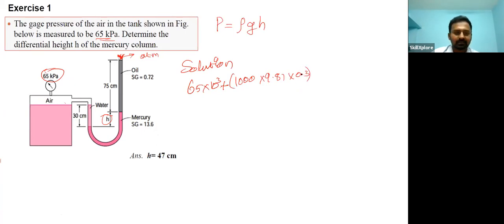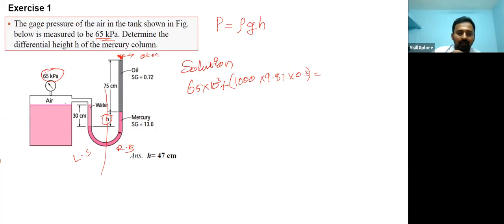Okay. So what is the next thing? Here this is the left side, okay, and this is the right side. So we have completed the left side now. Then move on to the right side. If the pressure on the left side is equal to the pressure on the right side, only then this position will be attained. If this pressure gets increased, then this water will push this mercury and oil out of the tube. Okay, it will keep on pushing that.